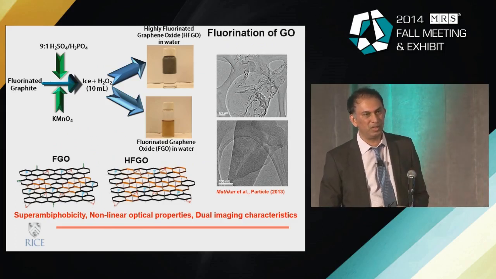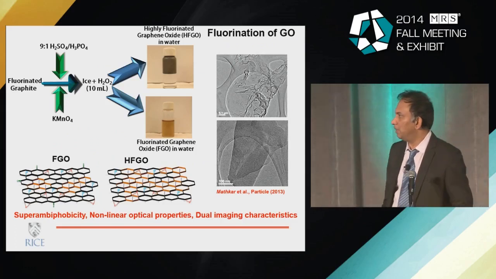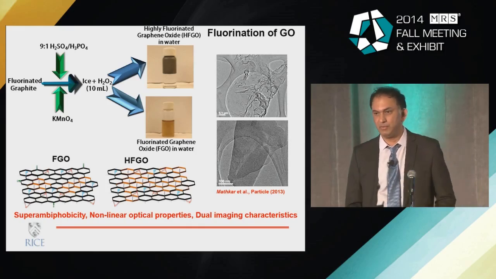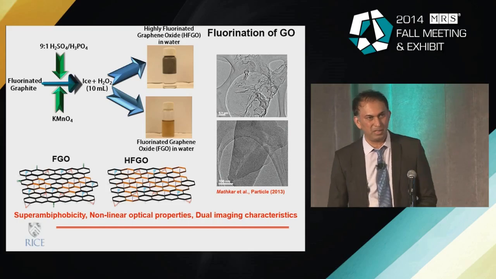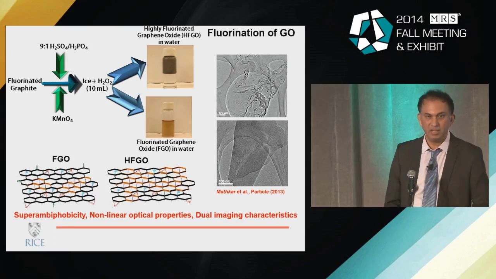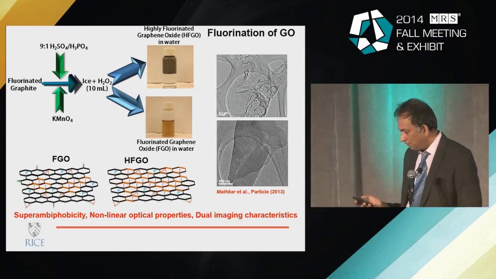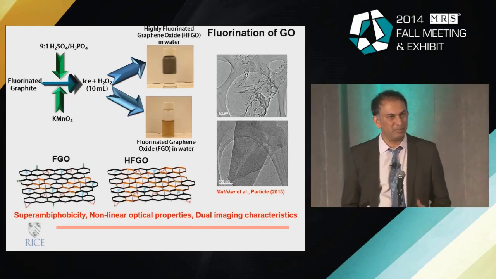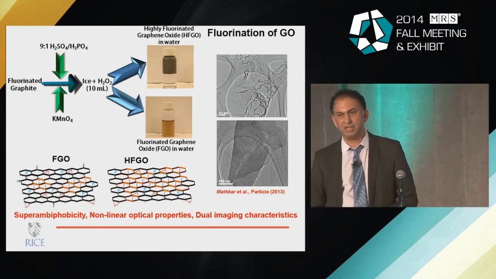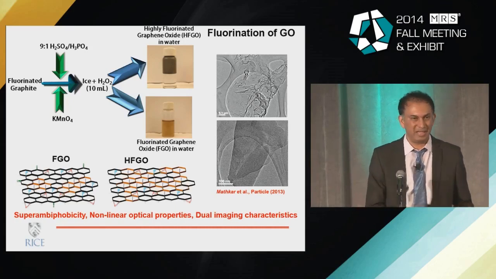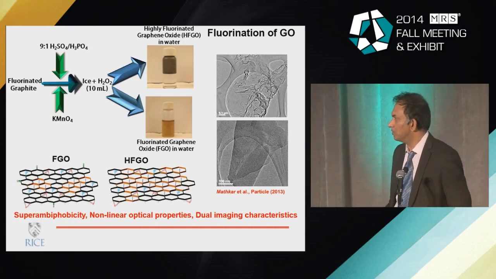Oxidation is not the only option where you can change the behavior of graphene layers. Again, it introduces a band gap, and if you oxidize it all the way, you can actually make it insulating. So there are a lot of possibilities by changing the chemical nature, or the sp2 nature, of this basic unit. Fluorination is another thing. Hydrogenation is yet another one. So again, people have been playing around with the chemistry of these materials to change the electronic character all the way from metallic to semiconducting to insulating.